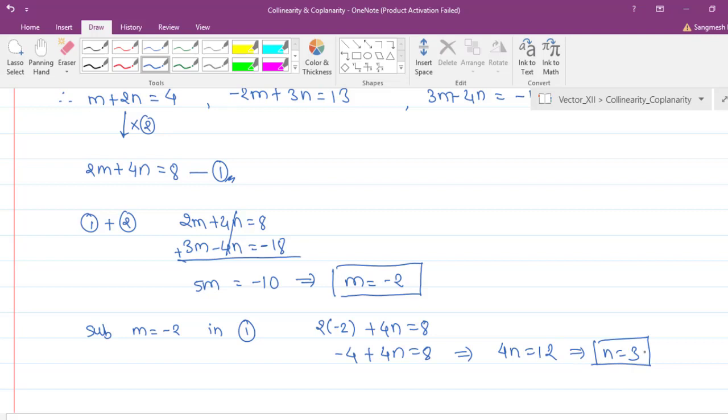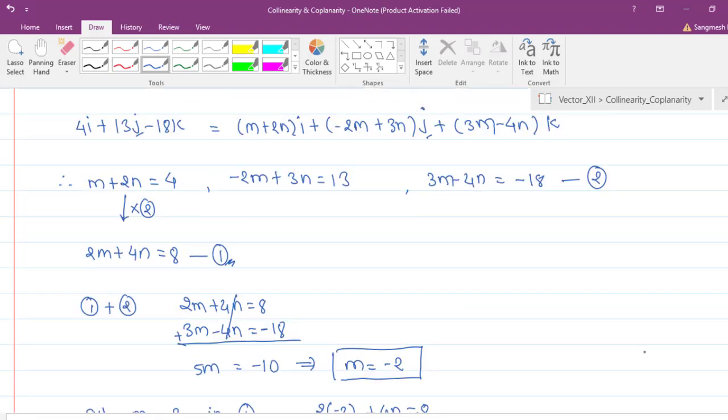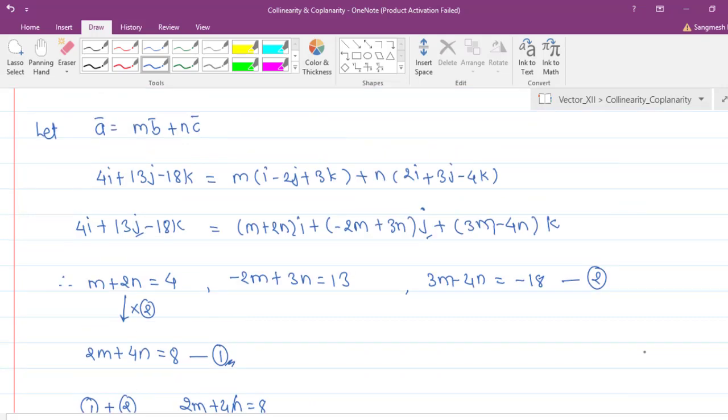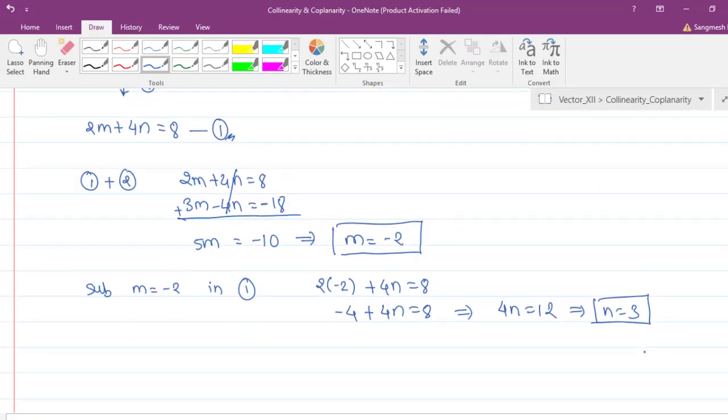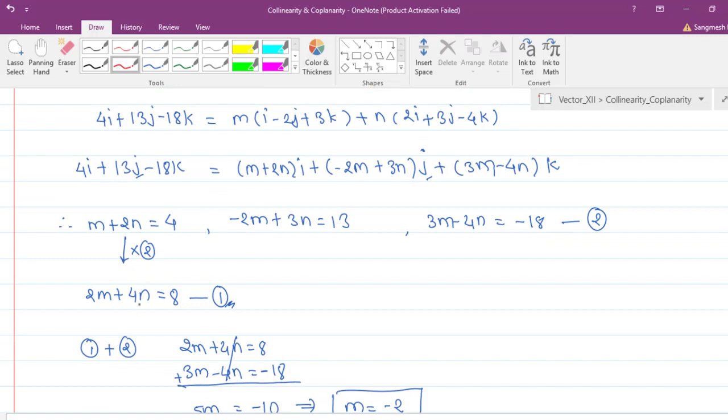Now these two values m and n should be the same for all these three vectors. Means here m equals minus 2 and n equals 3. So let me write right here: m comma n becomes minus 2 comma 3. Now see here, if those two values of m and n satisfy all these three equations, then